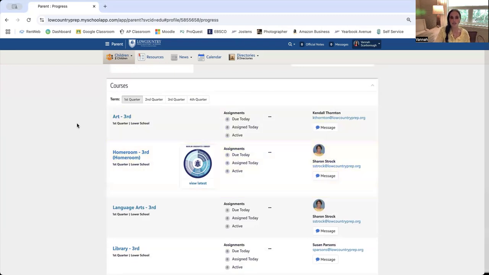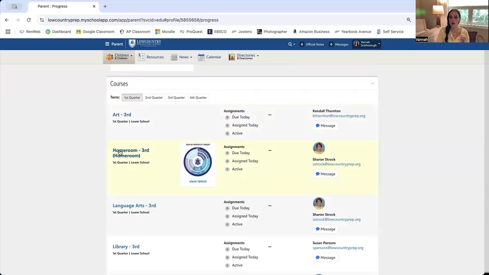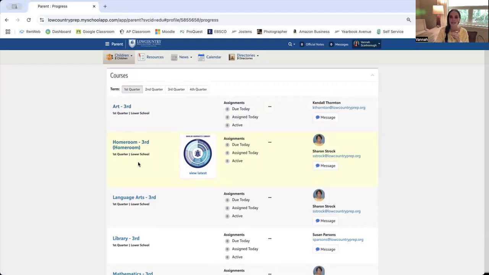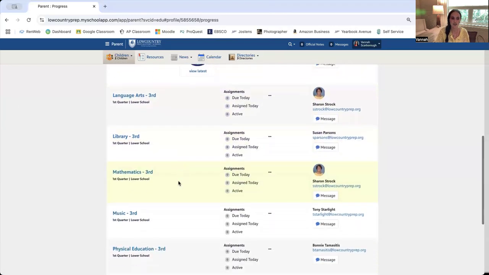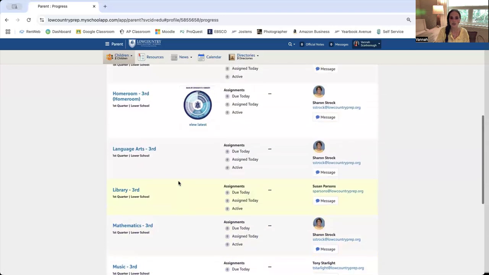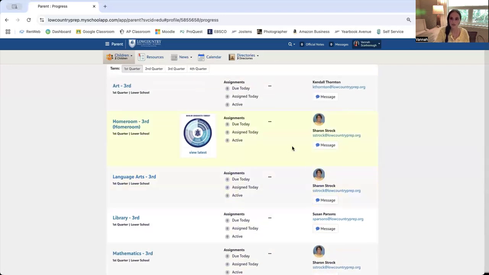For upper school, you'll be able to click on any of these and see the specific page for that specific class. For lower school, what I would like you parents to focus on is just the homeroom when it comes to accessing information. So for example, Miss Strock obviously teaches language arts, she teaches math, she teaches science, all of these core subjects to your student. But where all of her information will be posted when it comes to materials, when it comes to announcements, anything she thinks y'all need to know, it will be under homeroom. So you know the one place to always click, lower school parents, is this homeroom, is where her information will